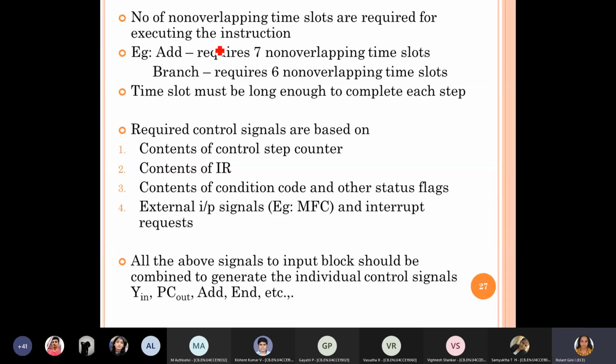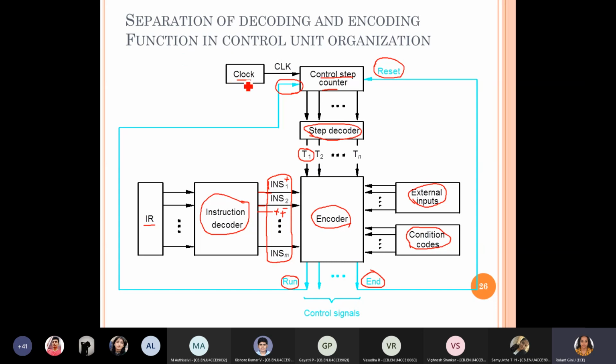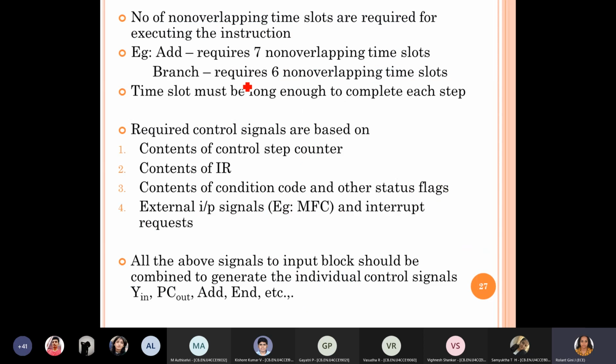When we set the clock pulse here, I've already told you, the clock pulses should be non-overlapping time slots, that is, one function is over and then only the next clock pulse or next step begins. Based on how much time is required for different operations at every clock pulse, we decide how long a clock pulse is supposed to be.